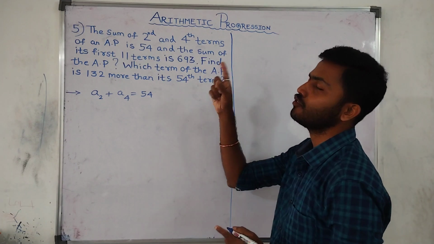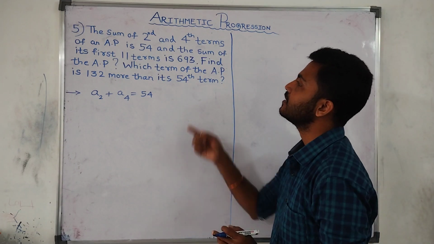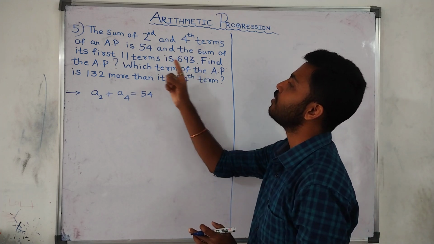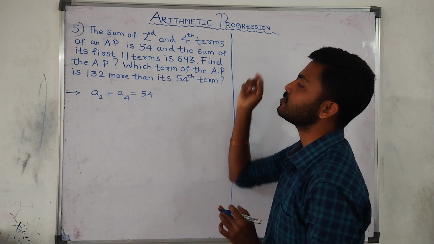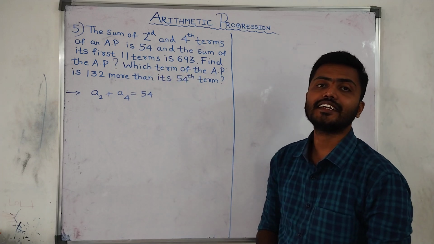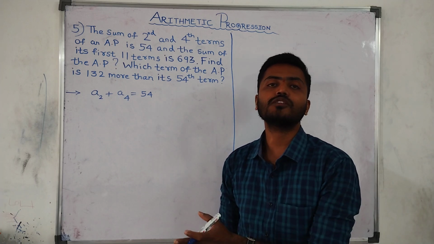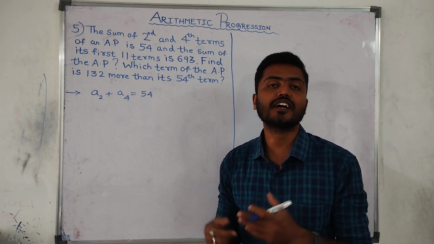The sum of the second and fourth term of an arithmetic progression is 54, and the sum of its first 11 terms is 693. ಇದೇ arithmetic progression ನ ಮೊದಲನೇ 11 terms ನ ಆಡ್ ಮಾಡಿದಾಗ ನಿಮಗೆ ಎಷ್ಟು ಆನ್ಸರ್ ಸಿಗುತ್ತೆ